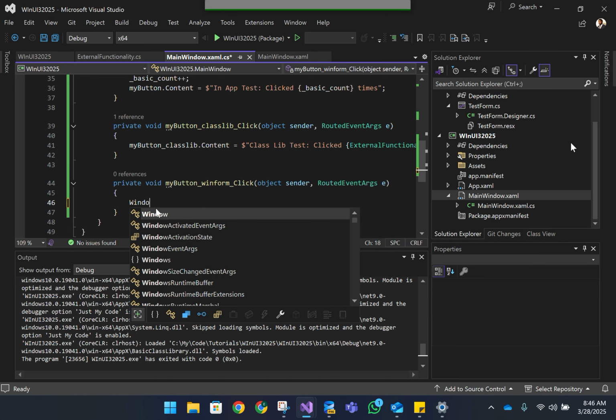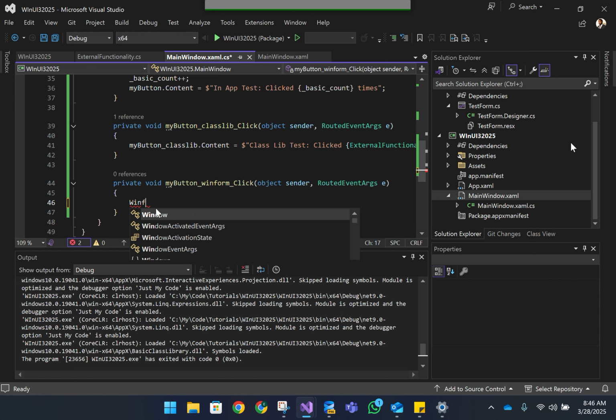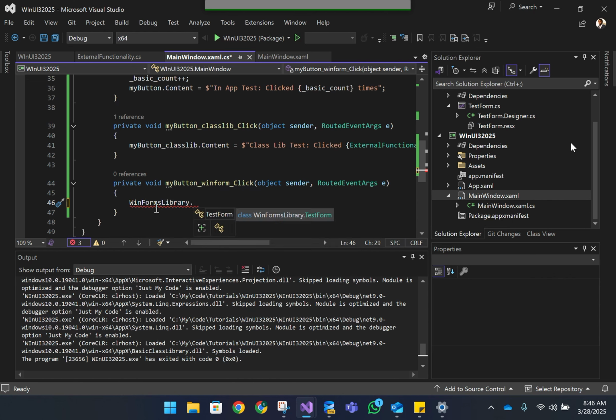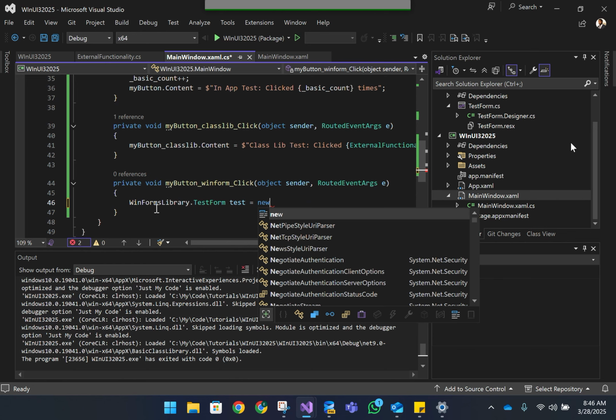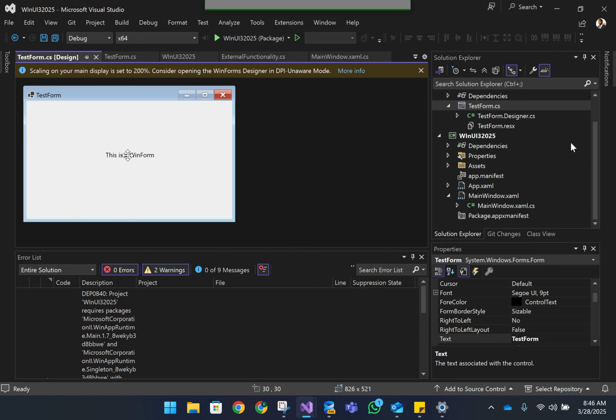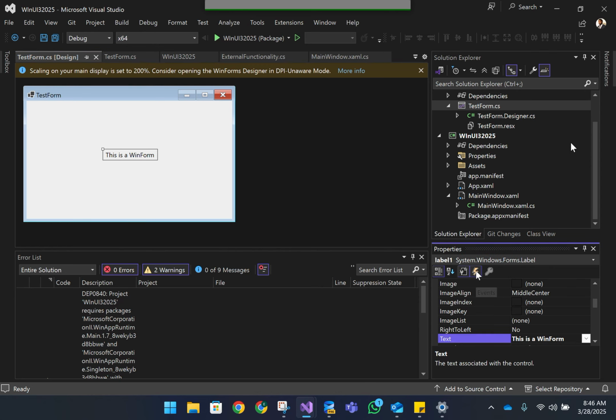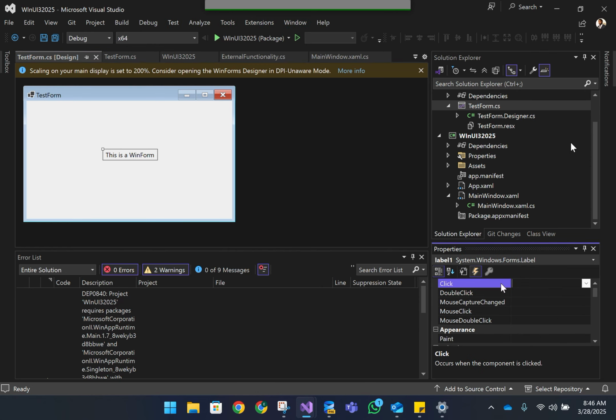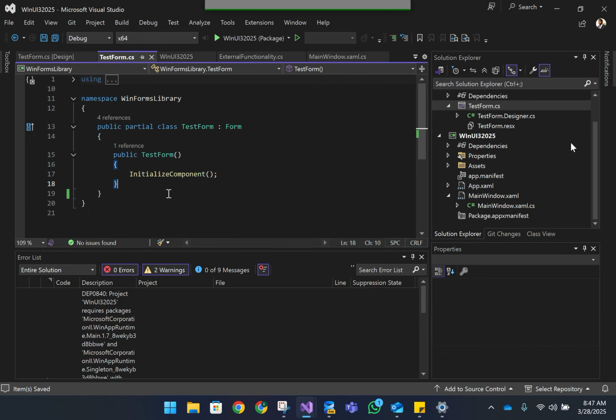So WinForms library test form equals new. There we go. So I'll open that again and let's go over to the events tab of the properties. There we go, and I'll get rid of that, and that should get rid of the code behind. There we have it. So now in here, I'm going to add a public function that I'm going to be calling from